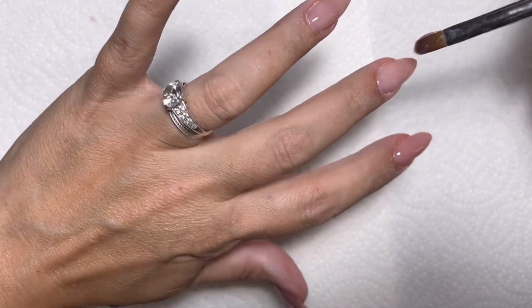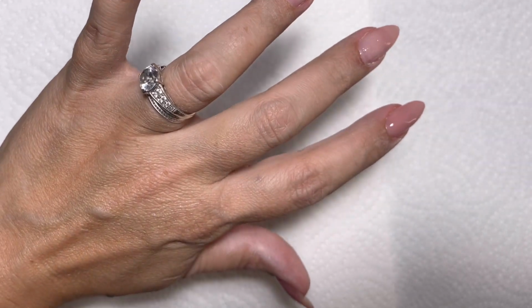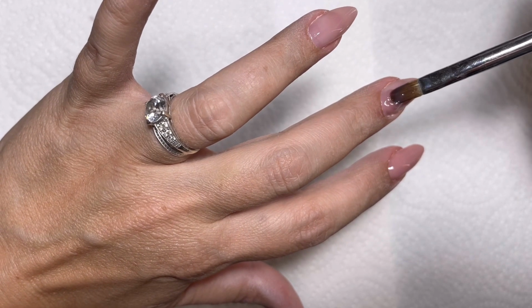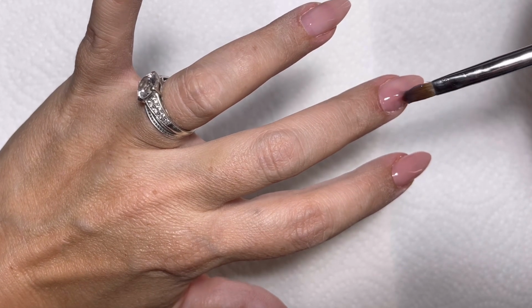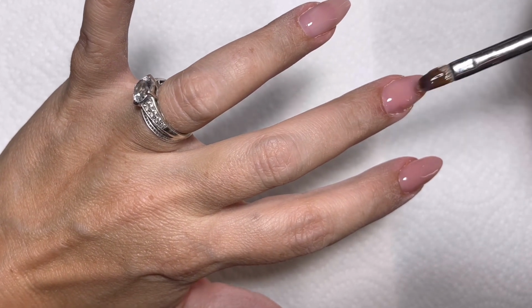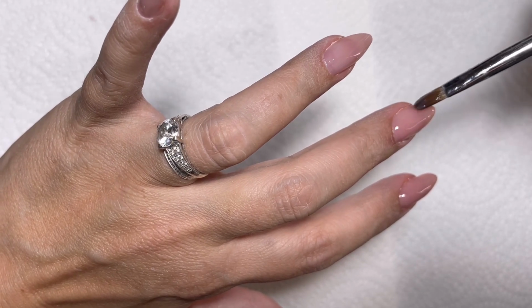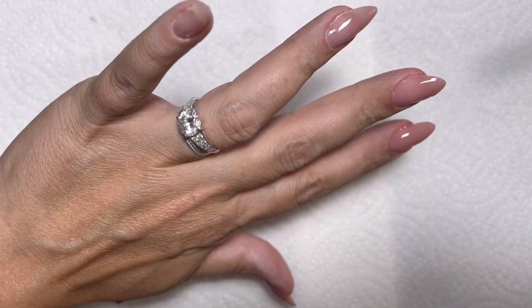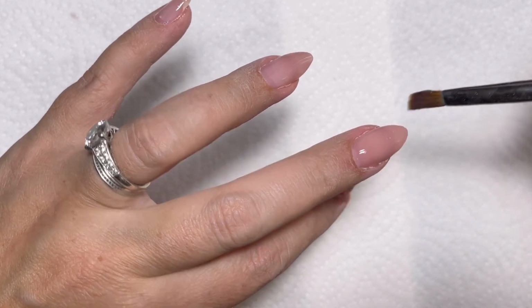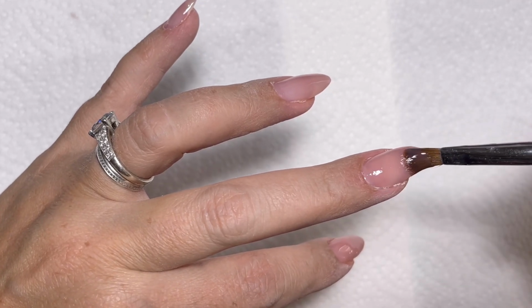Right, that's going in. I'm working on the slip layer for this one now. It looks like I didn't cure the other one, but I did. I just cut the seam because speed prevails. Can you see how I'm keeping contact? Even if it's just a tiny bit, I'm keeping contact. And if I don't need the product down the end, I just feather it down to blend. Checking those sides, because that is where I will lift because of my nails. I do anticipate lifting when my nails get to this length. And again, a tiny slip layer. Just checking, adding a little bit more product where I need it,